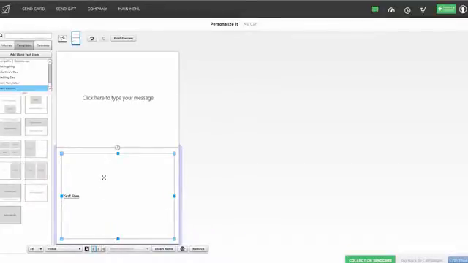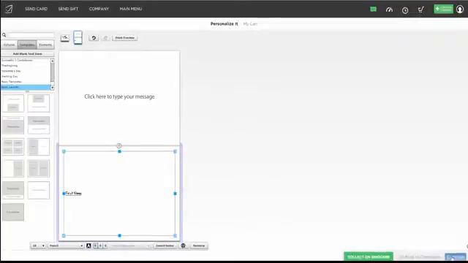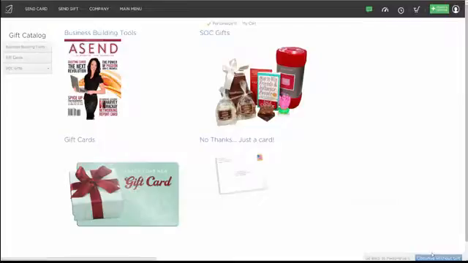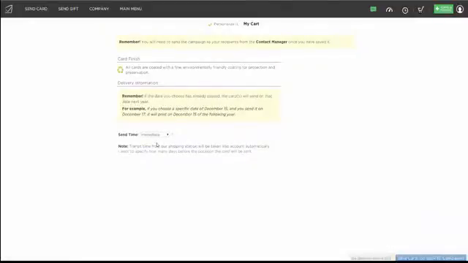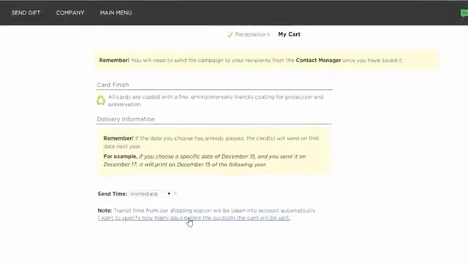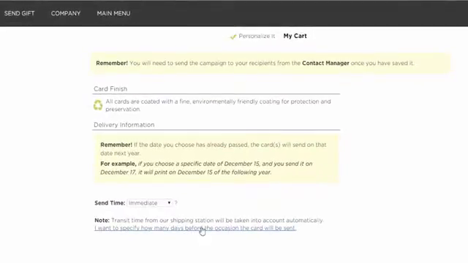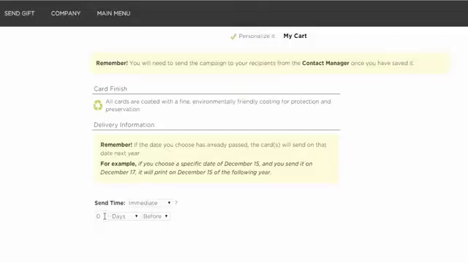So let's say I want this card to go out 3 months later after they get their thank you card. So I'm going to click continue, pretend we've created that card, and I'm going to continue without a gift. But now when we get to the send date, instead of leaving the send date as immediate, I'm going to click on the sentence down here that says I want to specify how many days before the occasion the card will be sent. And this is going to allow me to have this card go out, let's say, 3 months